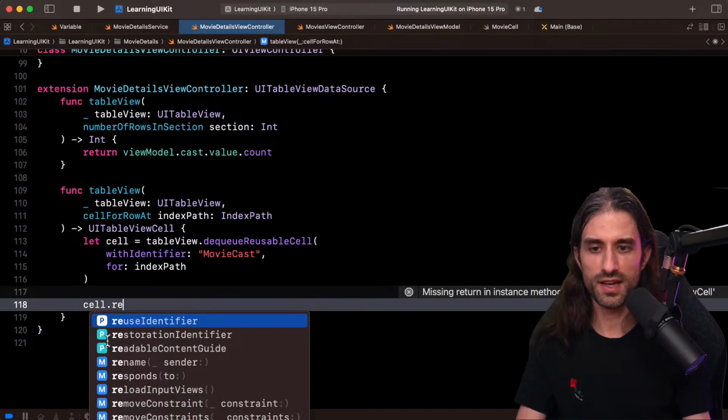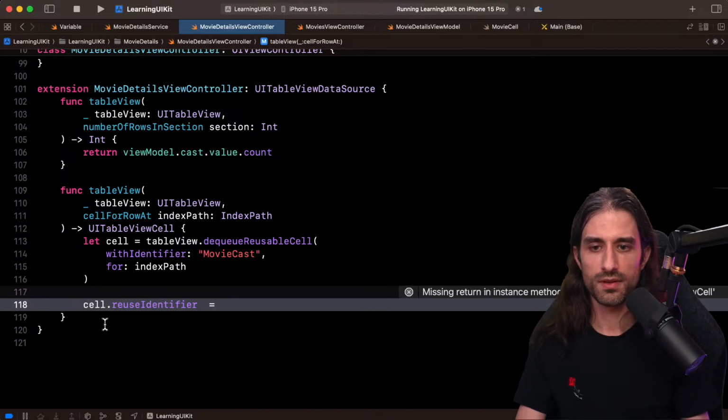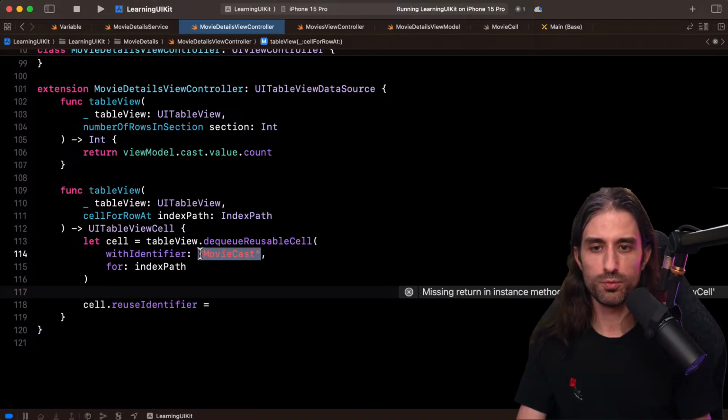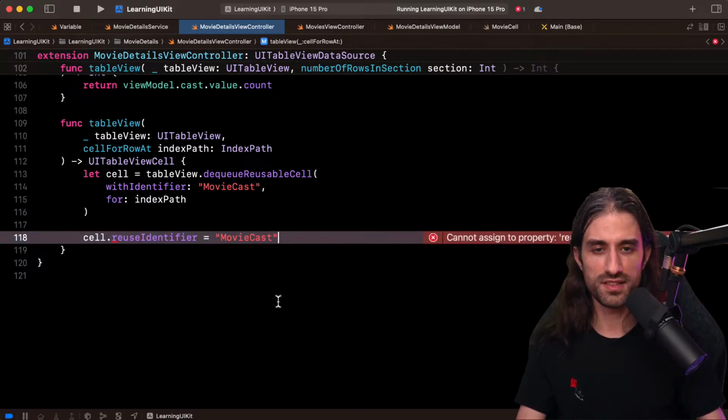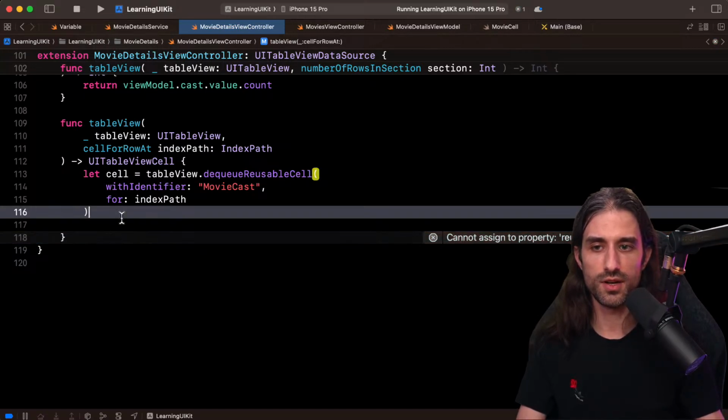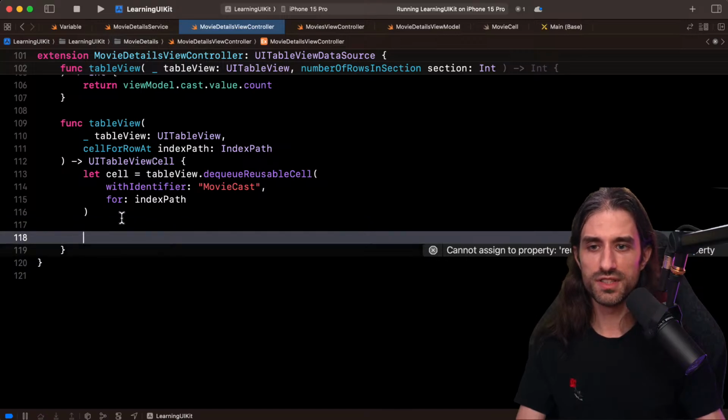So actually on the cell, I'm going to just set the reuse identifier to be movie cast, so that if a new cell has been created, this is going to be set. I'm not sure it's the best practice, to be honest. I'm improvising to do this code programmatically, but no, you cannot write it as get only. Okay, so it's not going to work. We should still be able to configure the text on the cell.